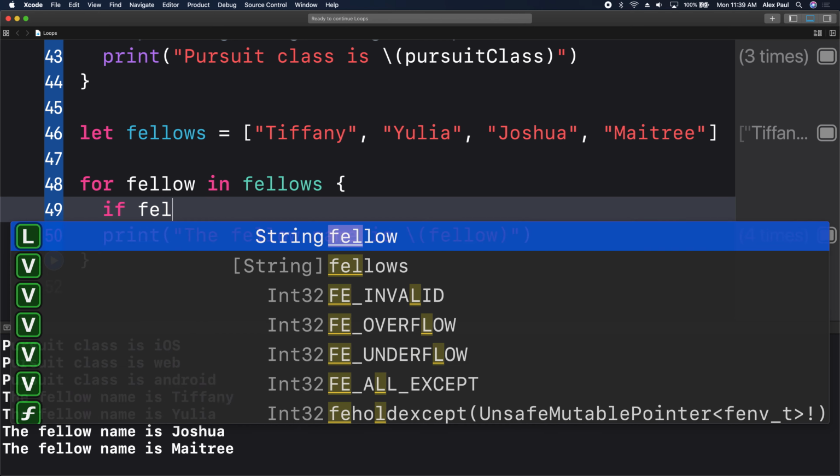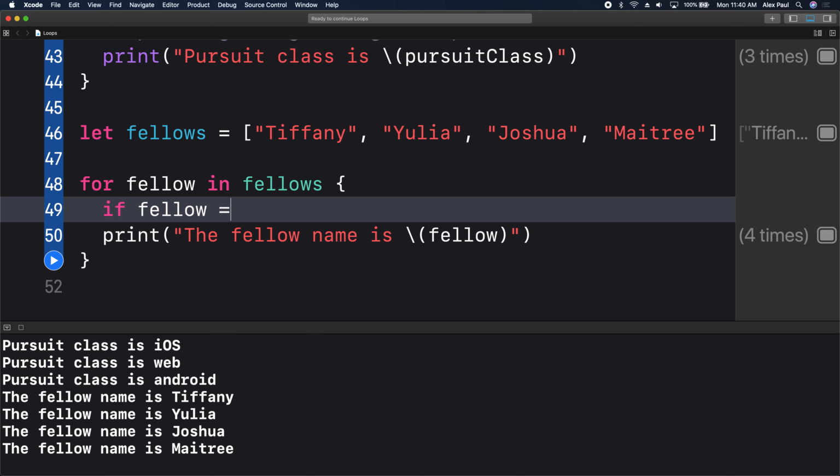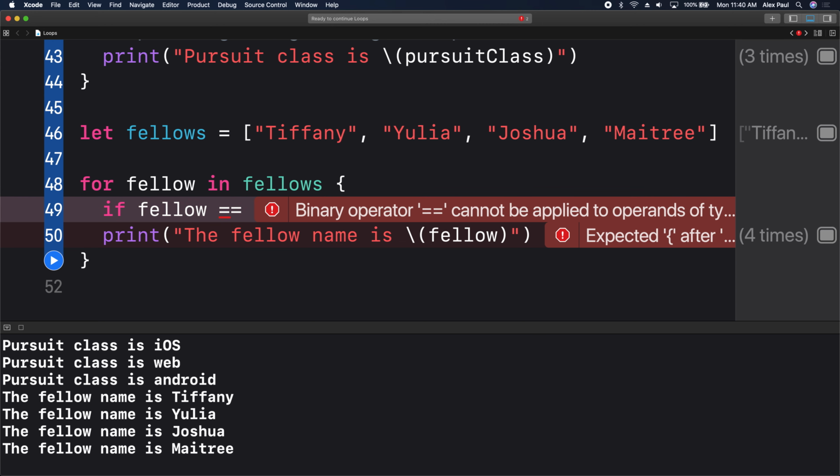So if fellow, we're comparing something. We saw comparisons, right? Everything we're learning is building up so that we can write meaningful programming apps and programming constructs. So we saw the comparison. Now we can compare something. We're looking for something. For example, I'm looking for Joshua. So if fellow equal to